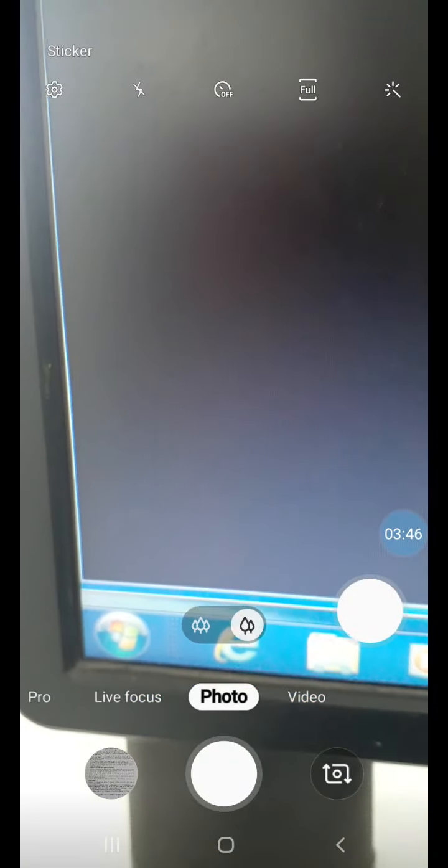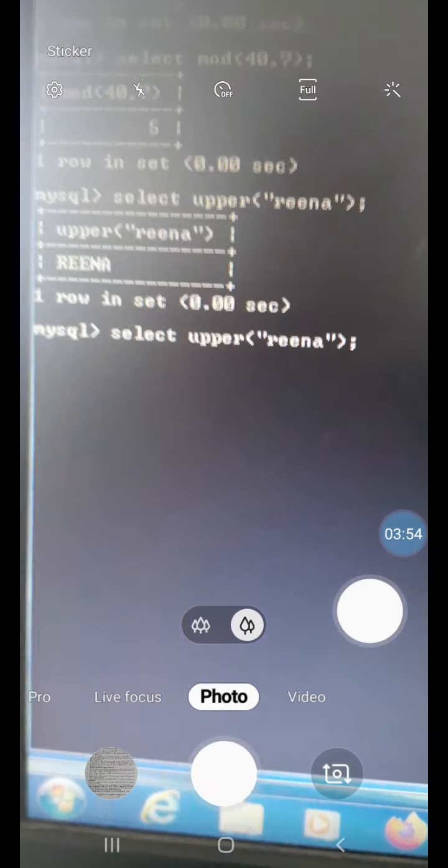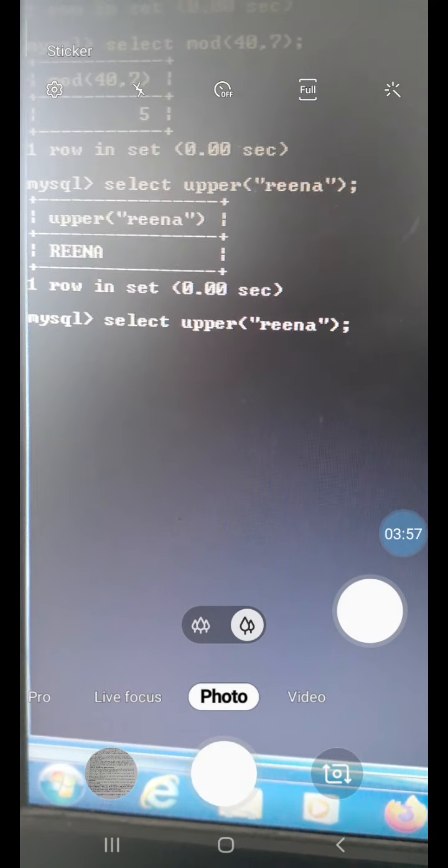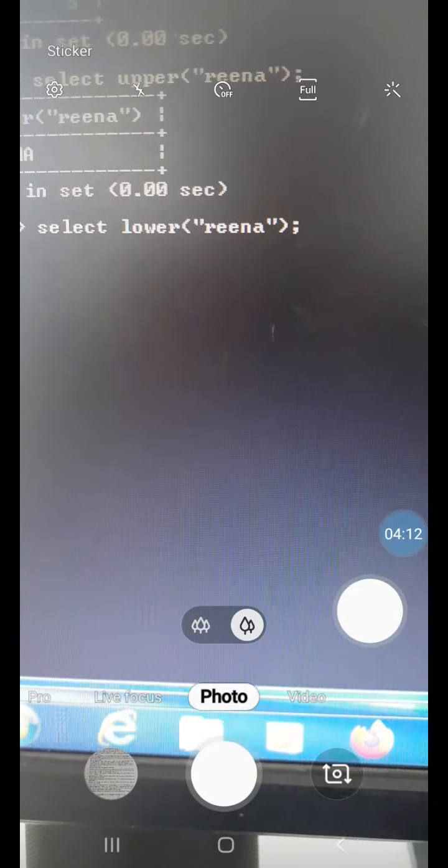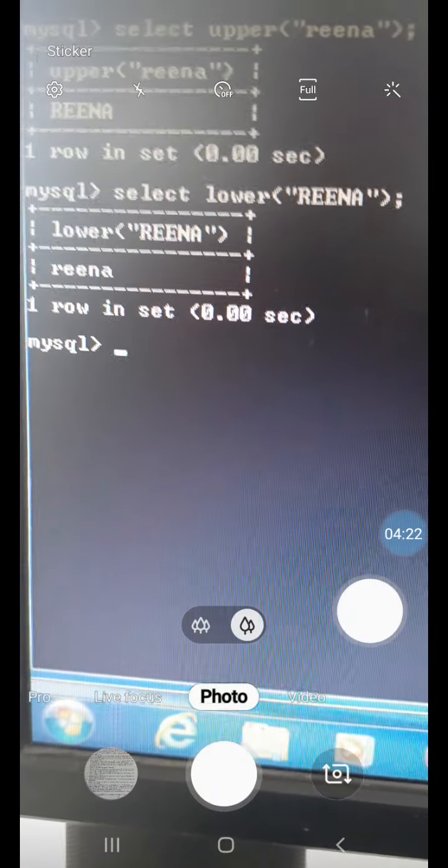Similarly, we can also convert the text to lowercase by using the lower function. For this we have to write lower instead of upper. It will display the text in lowercase.